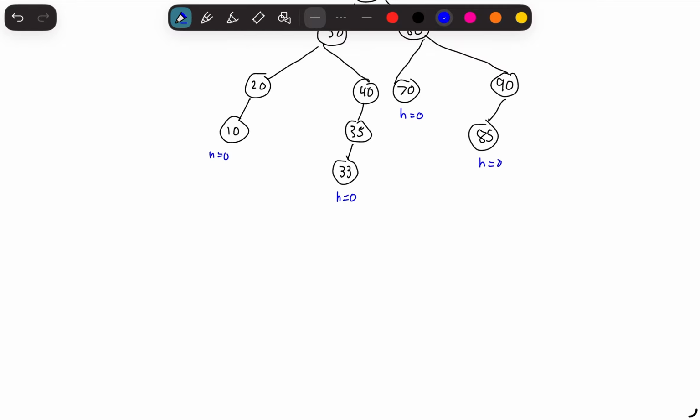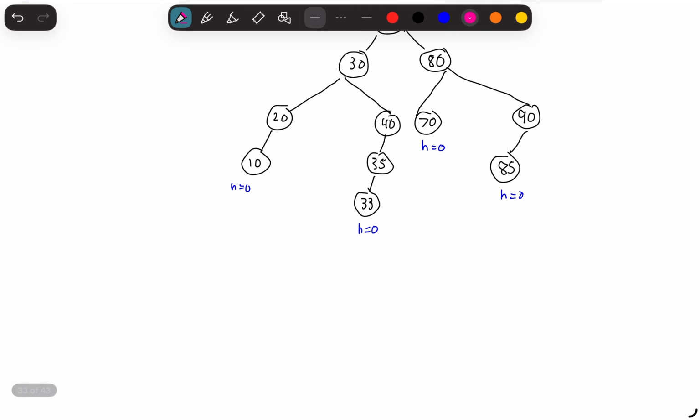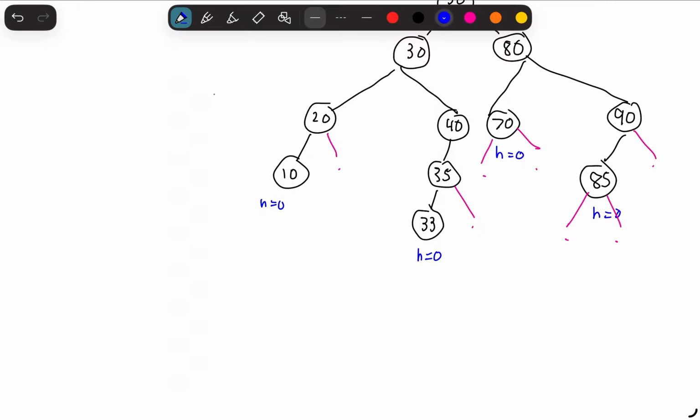Now let's go to the next level that is not a leaf, computing the heights for node 20. On the left, you have node 10, and the height of node 10 is going to be 0. And then on the right, it's null, just like these all are null. So for 20, you can write